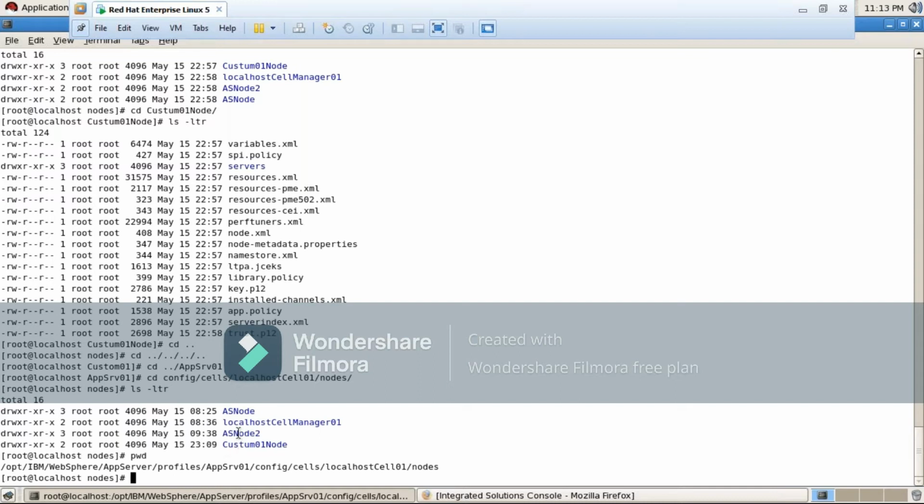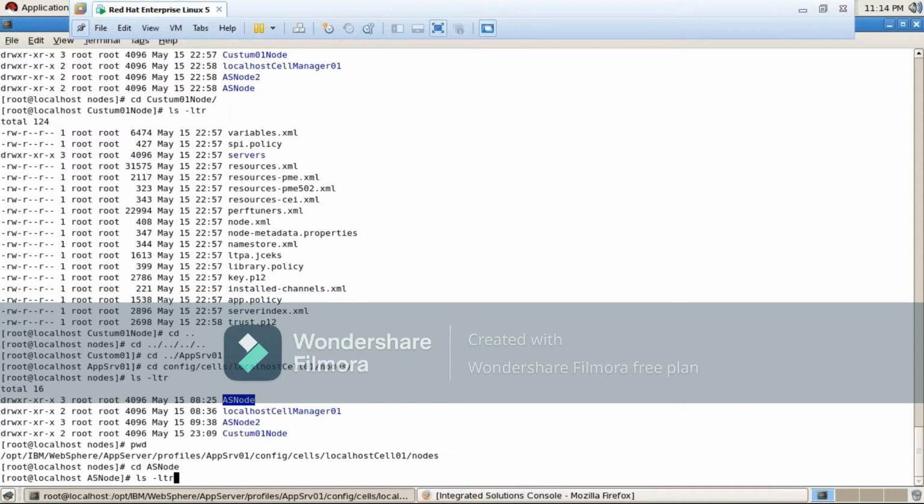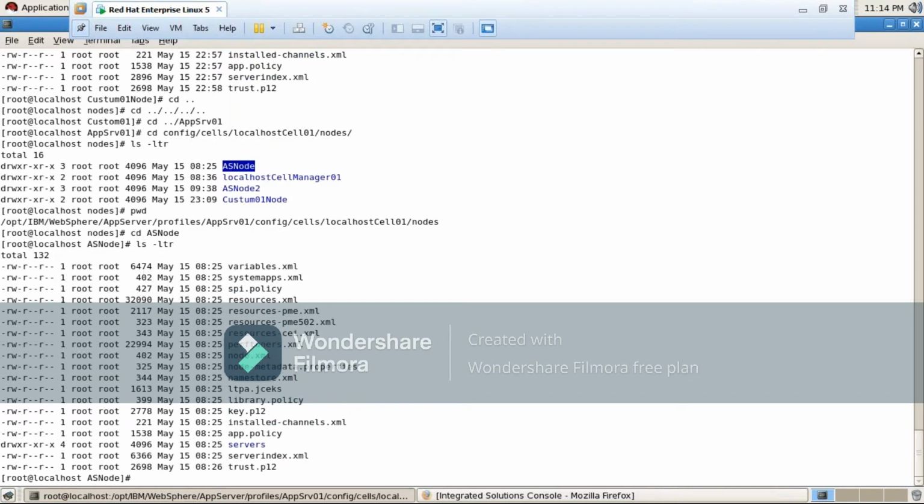Sir, can you explain one more time? Actually, I'm getting some confusion. See, in which path we are. This path is related to the app server 01 profile, right? App server 01 profile, and the app server 01 node is AS node, right? So if you get into AS node, you will see the complete configuration files of it, because AS node is its own node.